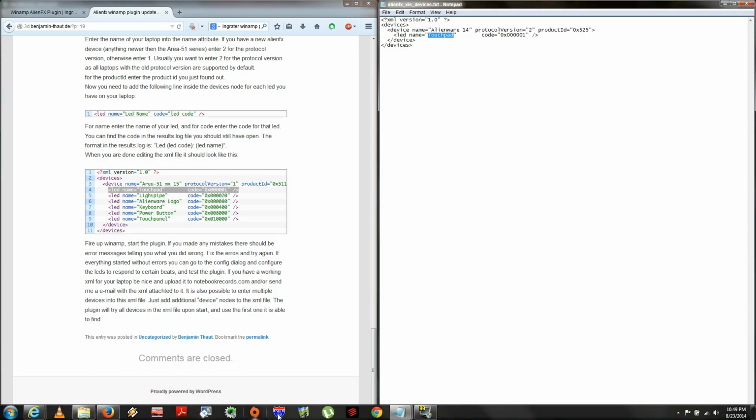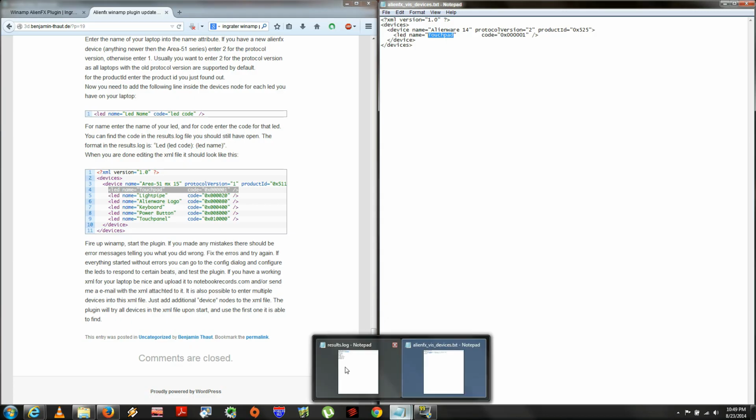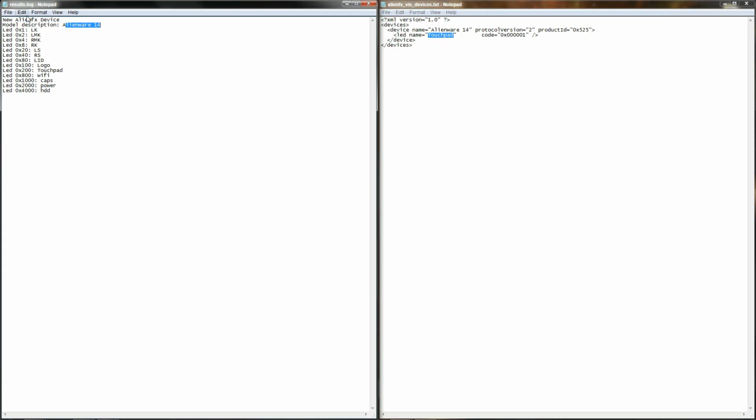Let's go back to the results.log and we see our lines here. I did read that you're going to want to add several zeros prior to the 1. So you're going to want to add a certain amount of zeros prior to these numbers here, and I'll give you another example. For instance, the left keyboard here,